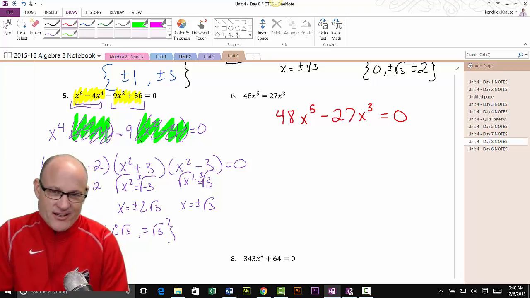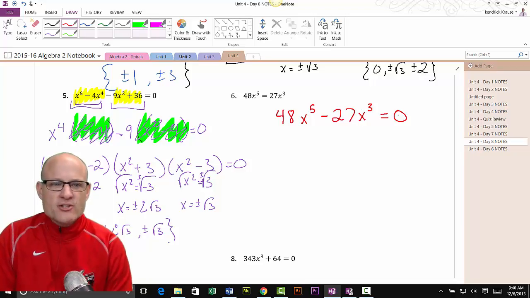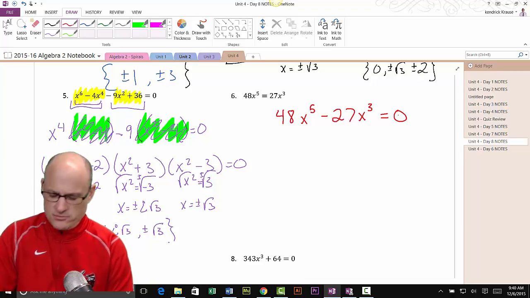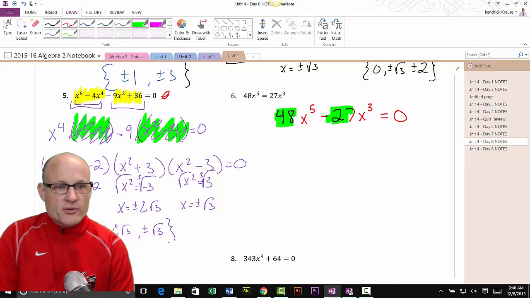Oh, I have. Take out a GCF. Now, wait a second. 9? Nope, 9 doesn't go into 48. How about 3? 3 goes in. Do you guys remember the divisibility rule for 3? It says if I add up these digits and that's divisible by 3, the whole number is divisible by 3. So 48 is in fact divisible by 3, and so we're going to take out a